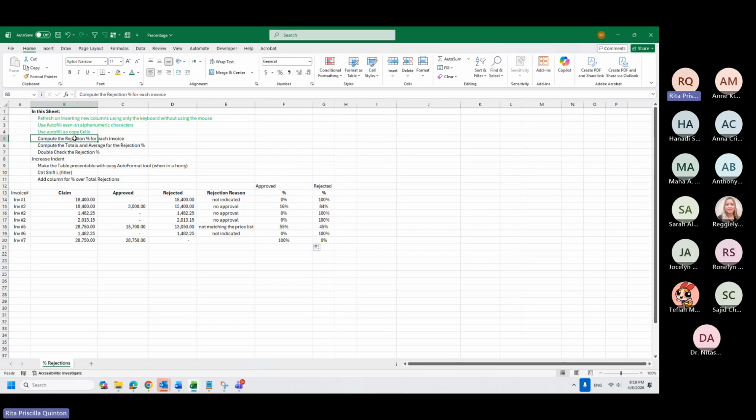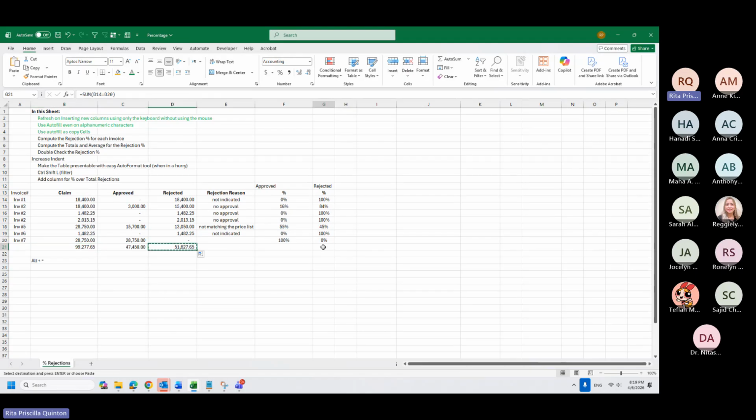Okay. Compute the totals and average. So it's just Alt+Equals, our shortcut key for the sum, and then I can drag it all the way here to the rejected.